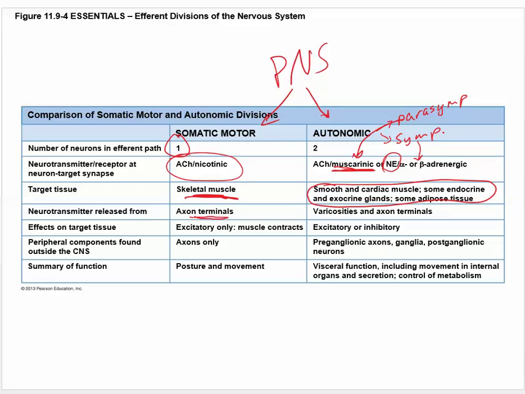This is always going to be released from an axon terminal. Remember we talked about those varicosities, or it could be released in axon terminals for the autonomic. This is always going to be excitatory. I mean, think about this. We're talking about contracting a muscle. All of these things kind of fit. Well, once you remember that it's acetylcholine onto nicotinic receptors, it all seems to fit. Skeletal muscle, axon terminals,